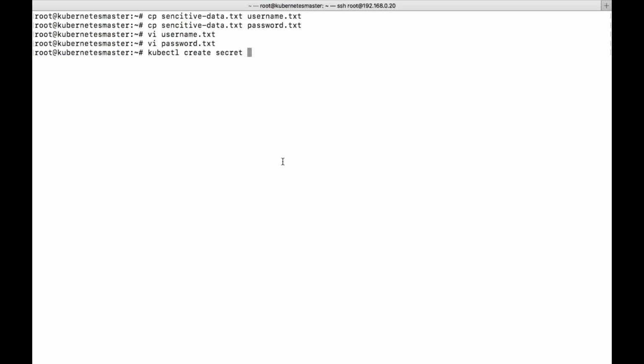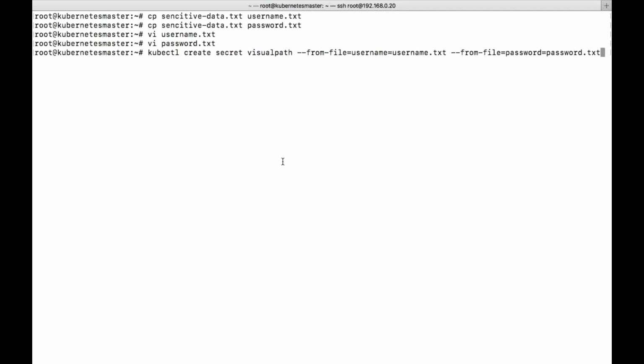Let's say generic, with from-file equal to username, equal to username.txt. This is how we give it. I can pass multiple from-file options. For the password I'm passing the password file, and for username I'm passing the username file.